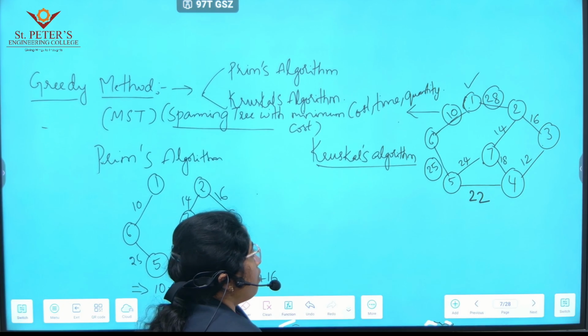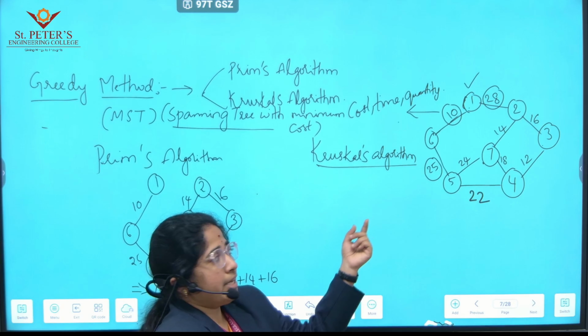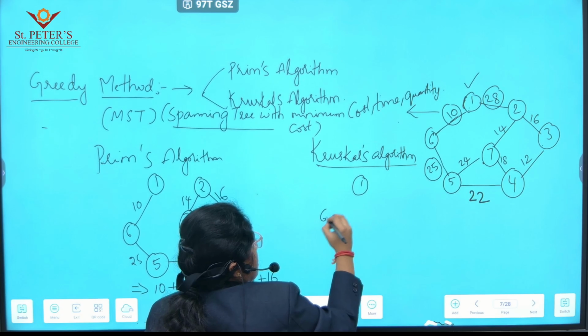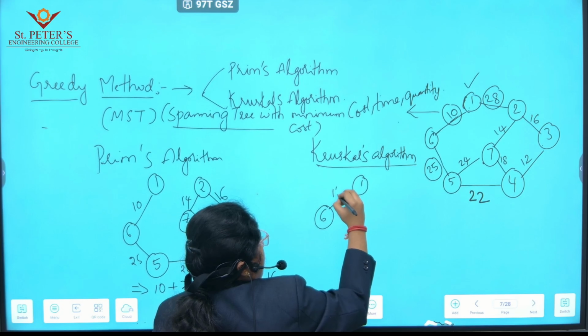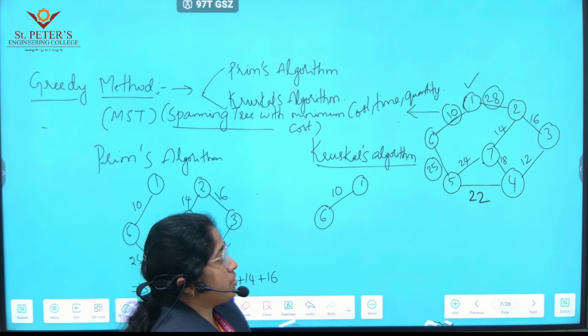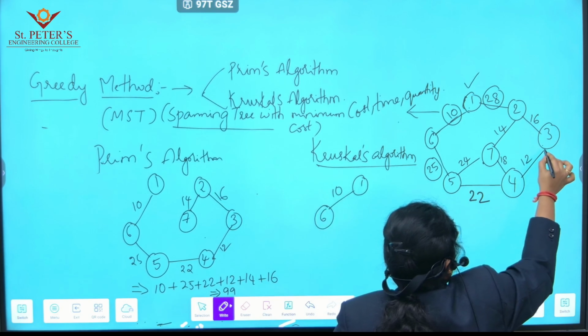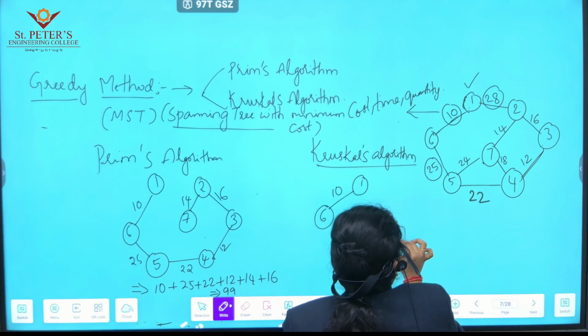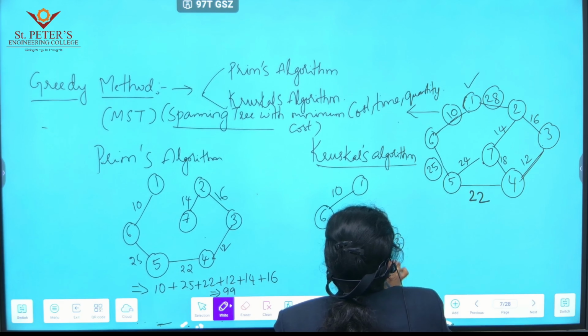So what is the least cost? The vertex 1 to 6. This path is least. 1 to 6, the cost is 10. Okay. The next one. What is the next one? From vertex 3 to 4. Okay. Now I think you will get a clear